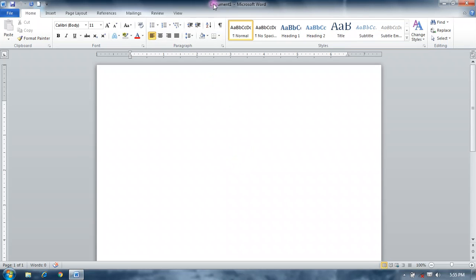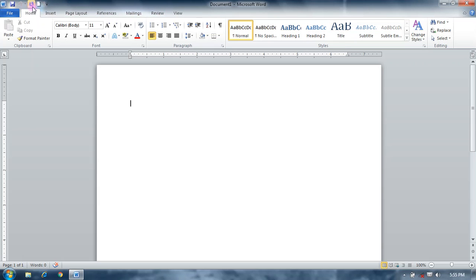First we learn about its components. The top bar is known as the title bar, which displays the file name. Below the title bar is the menu bar, with important menus: Home, Insert, Page Layout, References, Mailings, Review, and View.